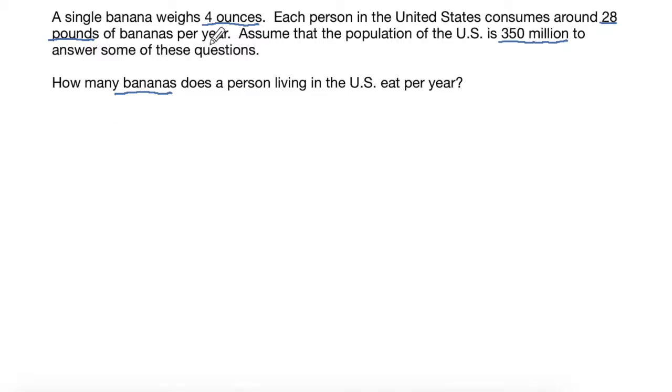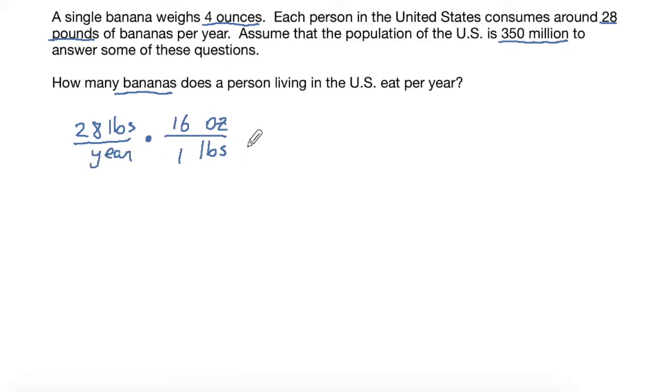So let's start off with what we know. We know that each person consumes 28 pounds. And this is per year. So we're going to multiply that by something that gets rid of pounds. So we're going to go down here and go pounds. And we want to change it into ounces. So if I remember correctly, there are 16 ounces per 1 pound. All right, so that means we're going to just multiply 28 pounds times 16 ounces, and then that'll give us ounces